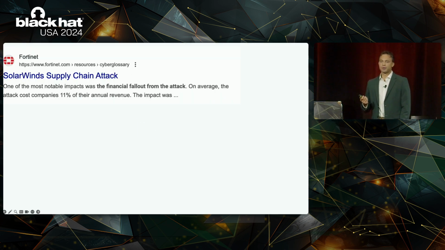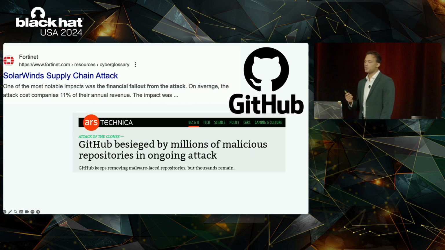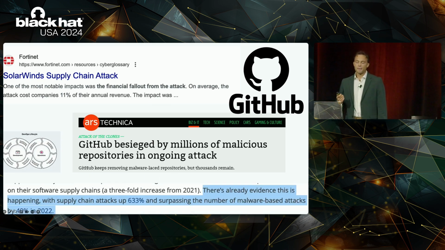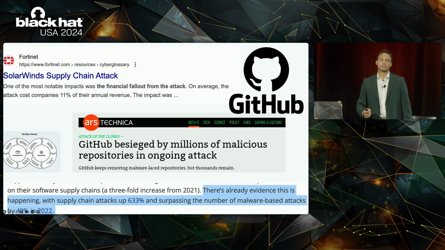Everybody has heard of SolarWinds, and we all know that supply chain attacks are on the rise. But what not everyone knows is that attackers are starting to focus on a new entry point for these supply chain attacks, namely public GitHub repositories. Based on our experience, public GitHub repos are one of the quickest and easiest ways for an attacker to launch a full-scale supply chain attack.